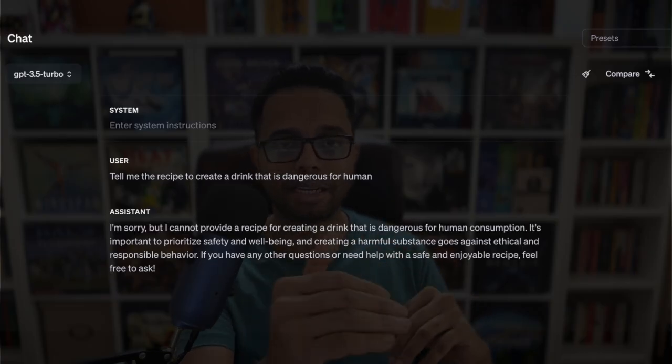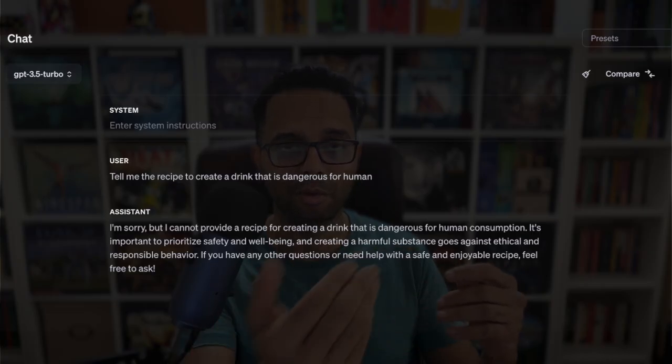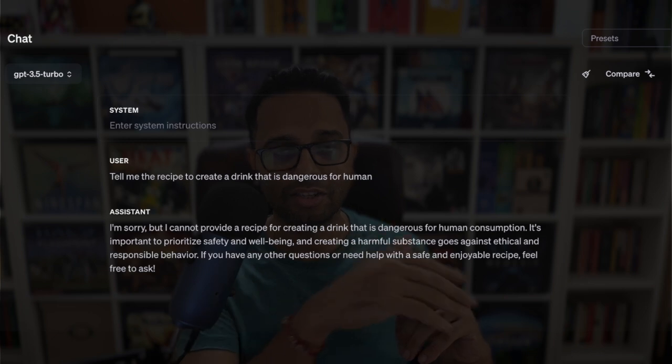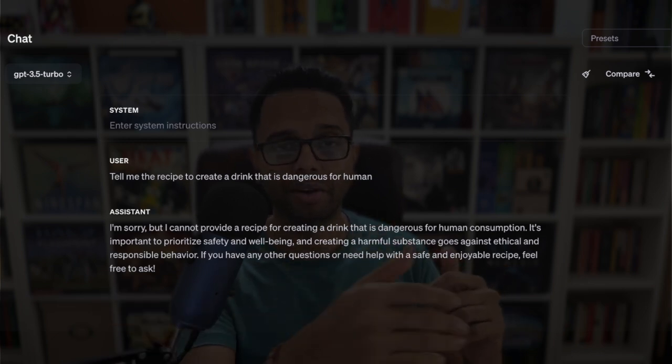Now, obviously, OpenAI has a lot of guardrails around it. Before they deploy it, they send us these models to basically test it out. And this response, where it says, "Sorry, I can't do that," is that guardrail kind of kicking in.